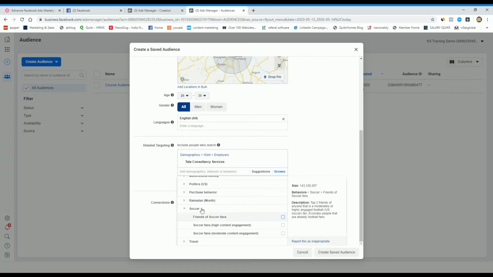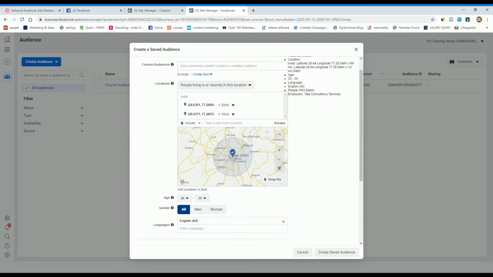For example, if I have a product for iPhone cases, I will select only those who are using an iPhone. I don't need to select any other detail, interest or other factors. I'll go directly to who are using iPhone, and the location and age group, and I can easily target them. So this is all about detailed targeting.